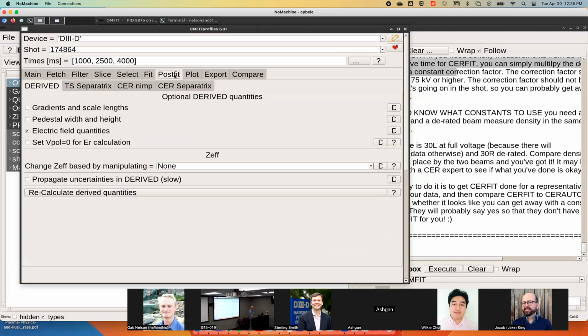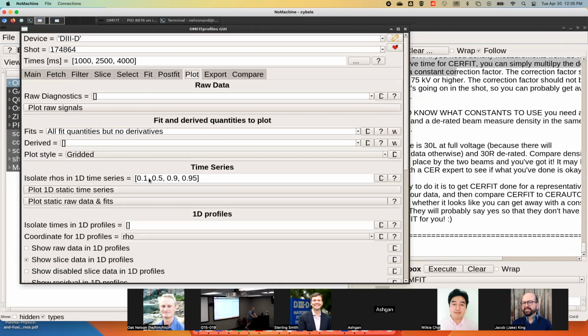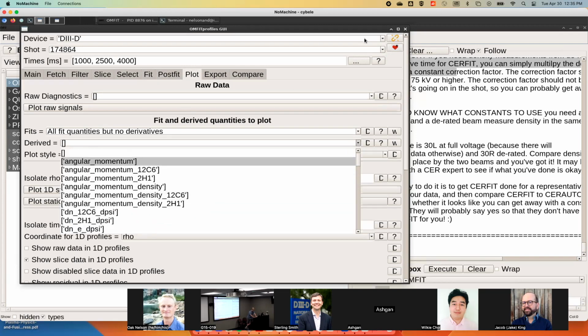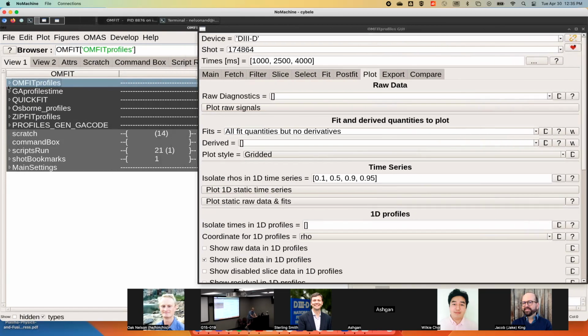Let's go to post-fit because that seems physicky. So post-fit, what does this do? If you remember back in this plot category, there's this option for derived. And this is actually one of the most useful things about OMFIT profiles, in my opinion. If you go to the outputs tree,